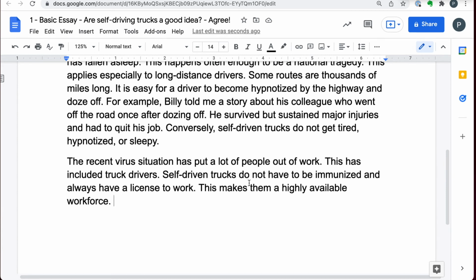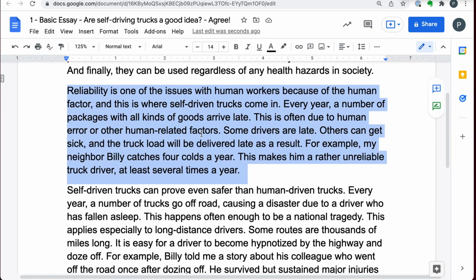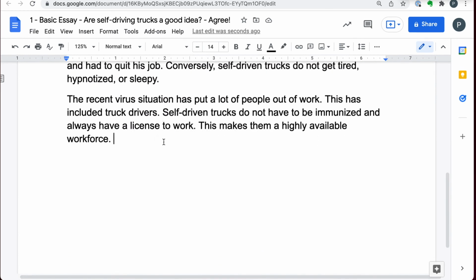Well, the difference here is that, let's say the drivers we're talking about here are already hired and available. They just happen not to be very reliable. Here we're talking about even the lack of availability of drivers. So companies don't need to even hire anyone, so they don't have to worry about any issues related to hiring.